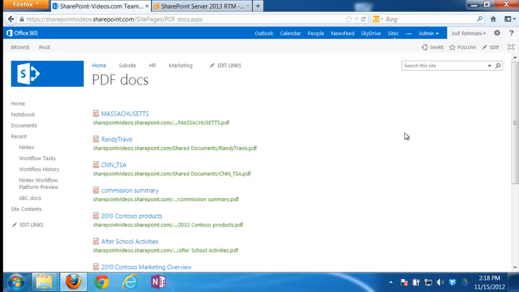What I was saying before is pretty important, so let me say that one more time. This is a rendering from that particular query. You can take the same kind of web part or different web parts and relate to the same query, the same PDF query. And then when that changes, this will change. And I'm going to give you an example of what I'm talking about here. So if I go back